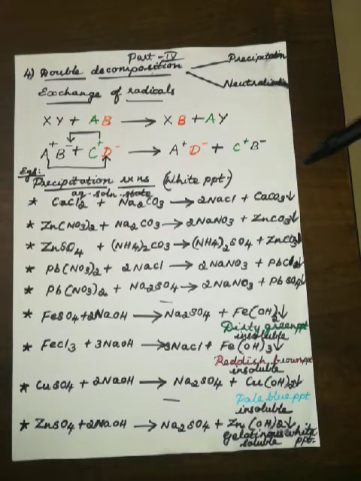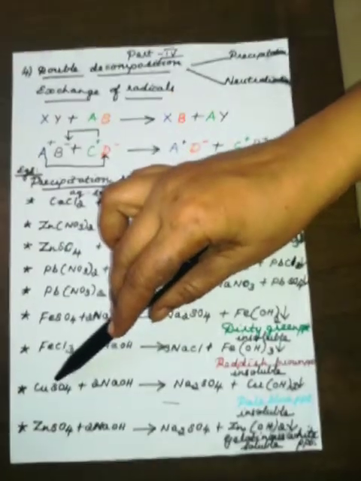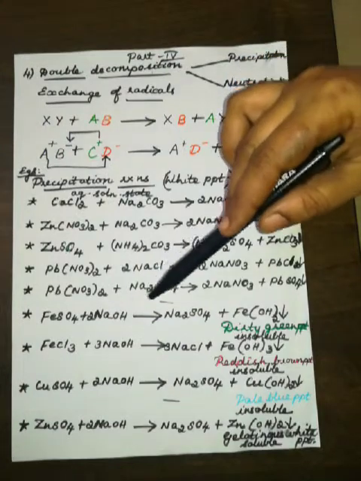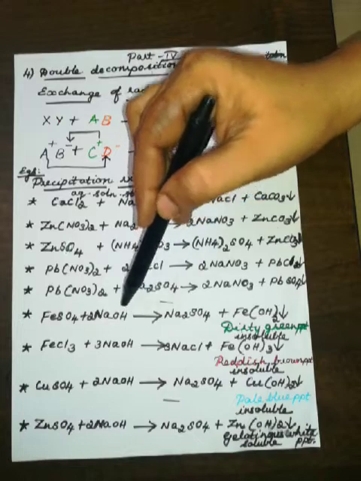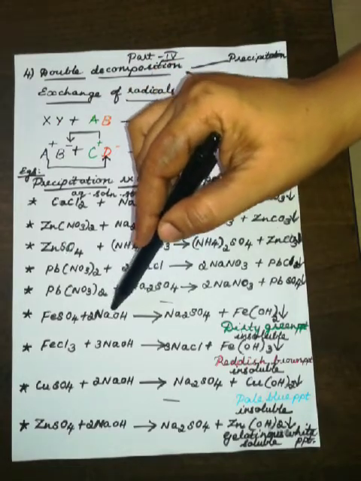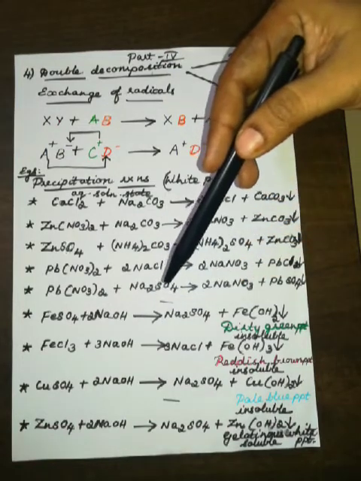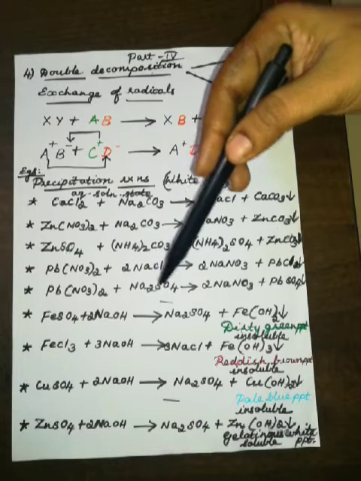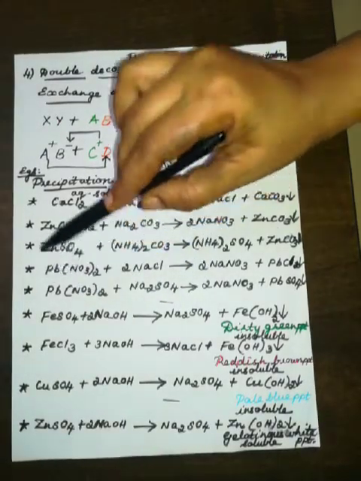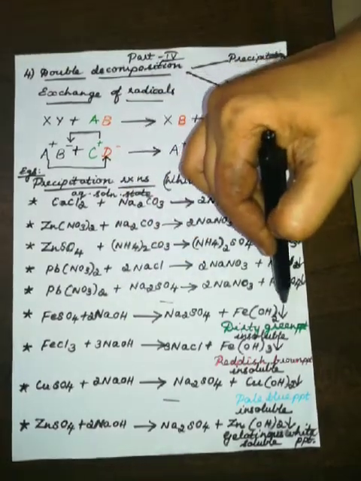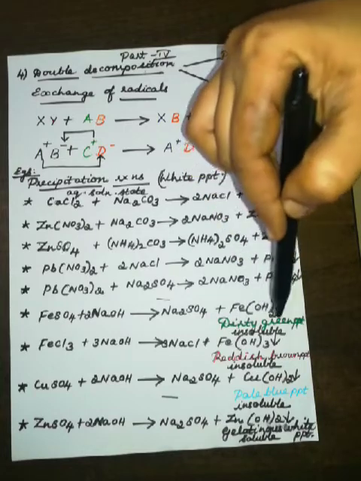Now let's see about colored salts like ferrous sulfate, ferric chloride and copper sulfate. Ferrous sulfate reacts with sodium hydroxide solution. The sodium hydroxide solution should be freshly prepared, then only the reaction takes place and you will get a beautiful dark color. Sodium sulfate is split off, and the PPT you get is Fe(OH)2. The color tells you it is a dirty green PPT.